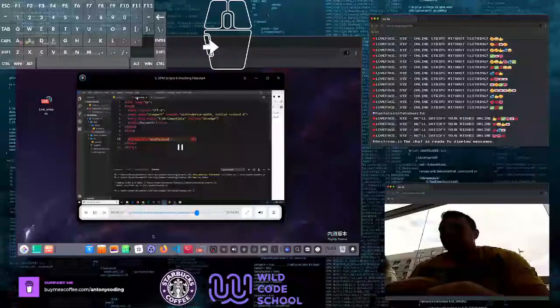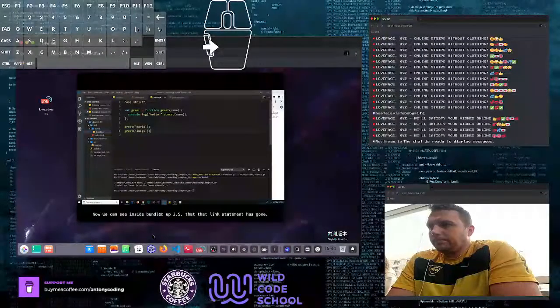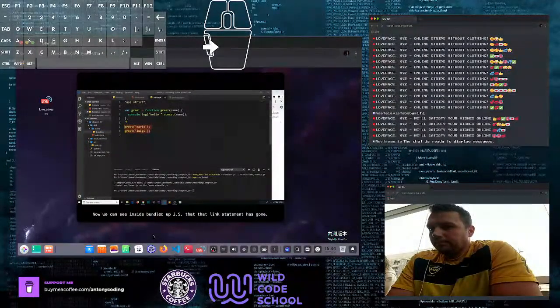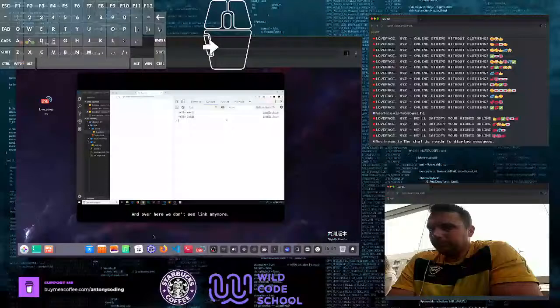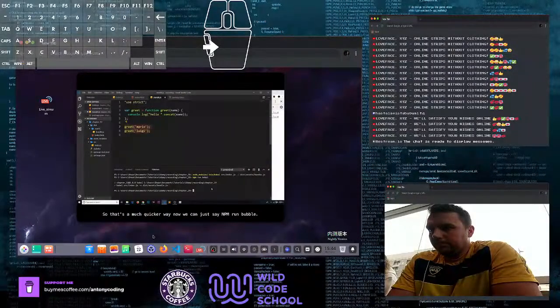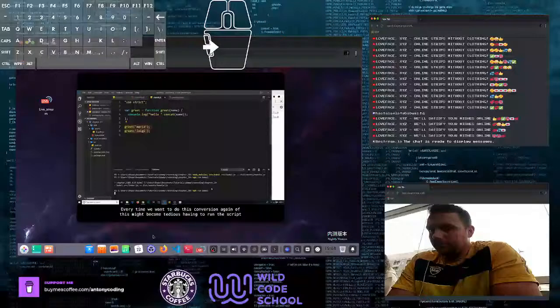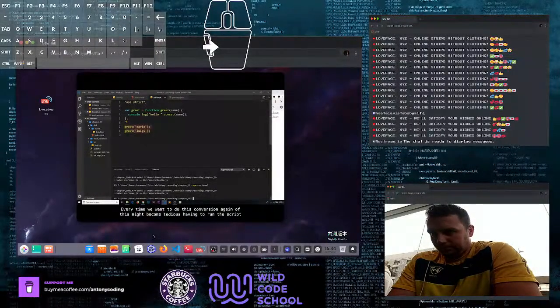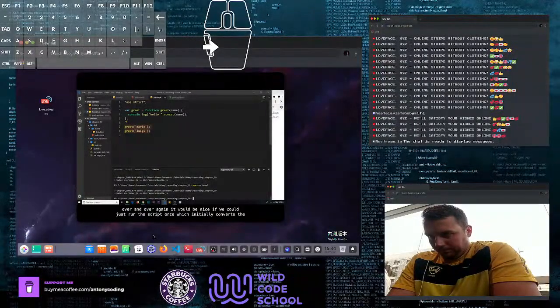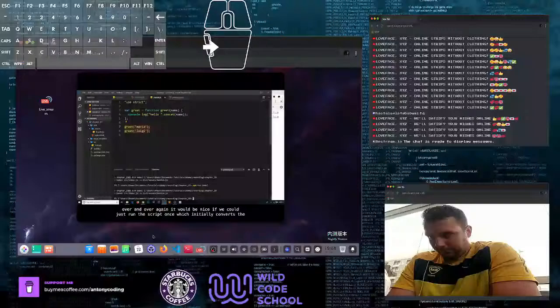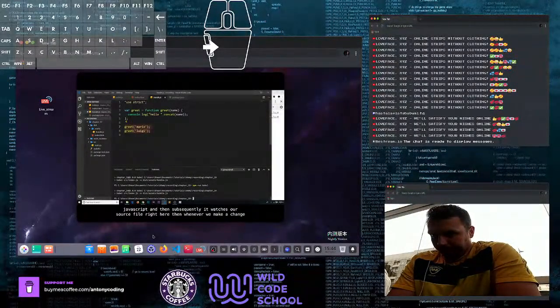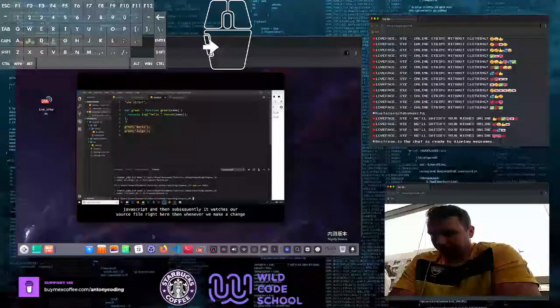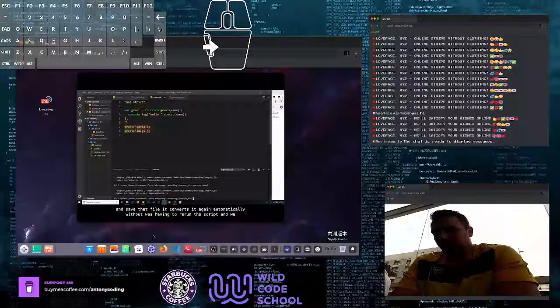Over here now, we can see inside bundle.js that that link statement has gone. And over here, we don't see link anymore. Awesome. So that's a much quicker way now. We can just say npm run babel every time we want to do this conversion. Again, though, this might become tedious having to run the script over and over again. It would be nice if we could just run the script once, which initially converts the JavaScript, and then subsequently it watches our source file right here. Then whenever we make a change and save that file, it converts it again automatically without us having to rerun